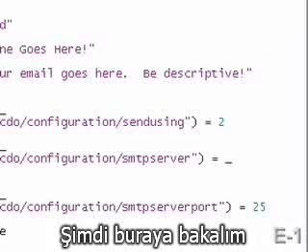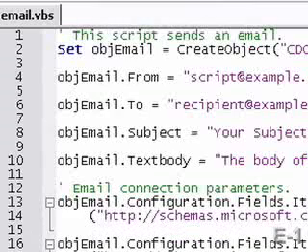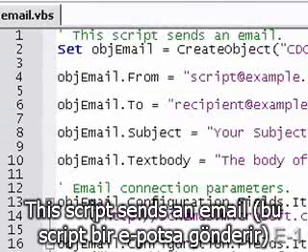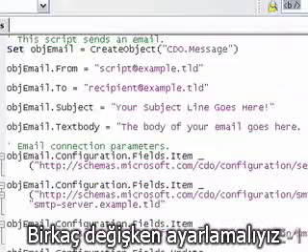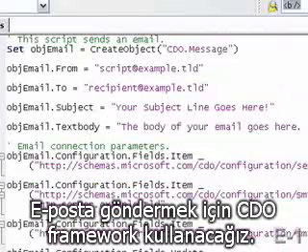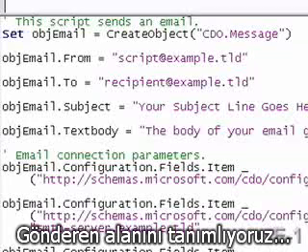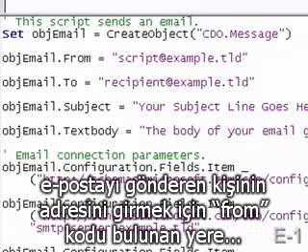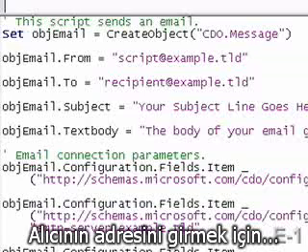So let's go through it. The very first line, denoted by the single quote, is a comment. This script sends an email. Beneath that, we're setting a few variables. We're using CDO, the CDO framework, to send our email. We're defining the from field, the person or the email address from which we are sending this message, as script@example.tld. We are setting the recipient, the to, as